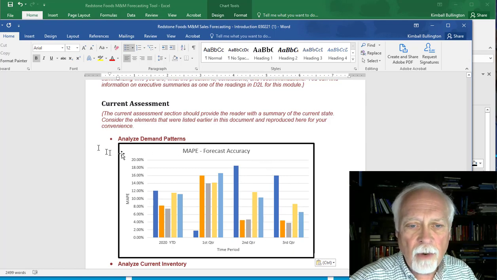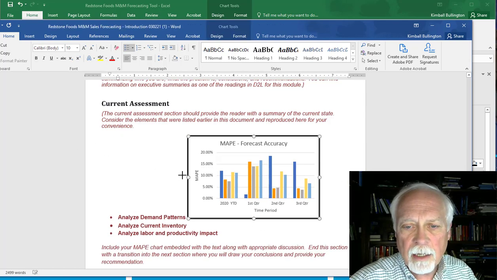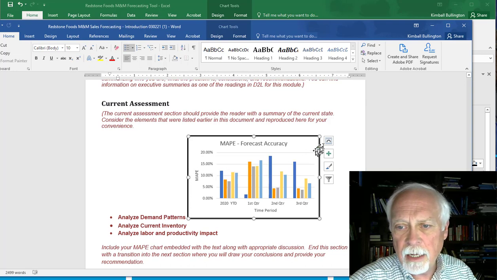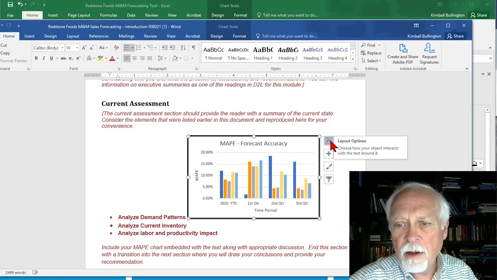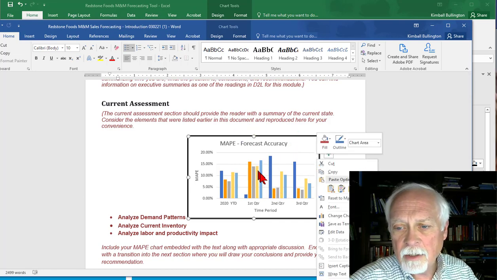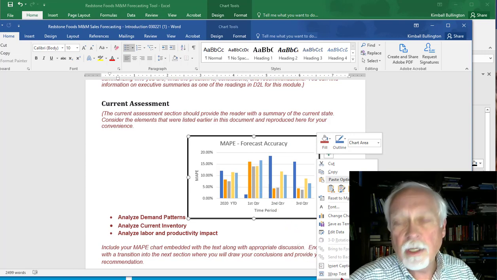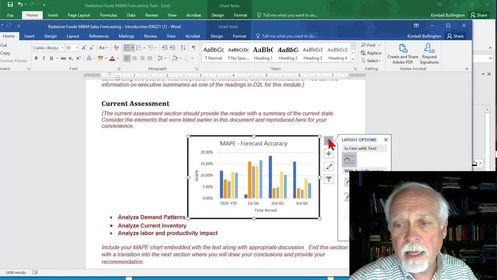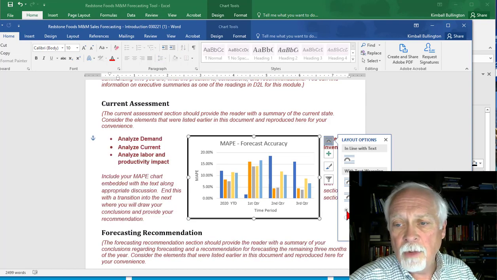But that doesn't really look so great. First of all, I'm gonna shrink it a little bit, because the other one was shrunk a little bit, and you see up here a layout option. Now, if yours doesn't have this, and you're clicked on the outside, then right click, and you'll see a wrap text box down here that looks just like the icon that I have. So I'm going to click on this icon, and you're given different text wrapping options. I'm going to use this one called through, and when I do that,